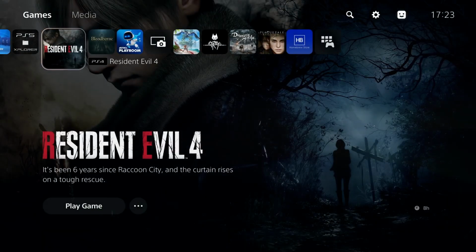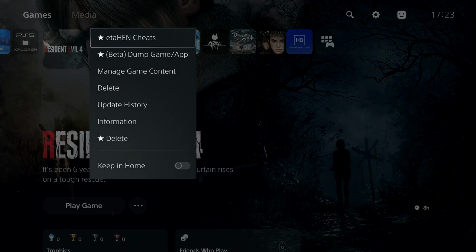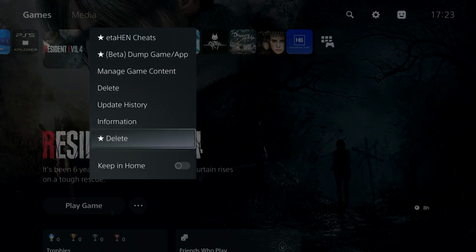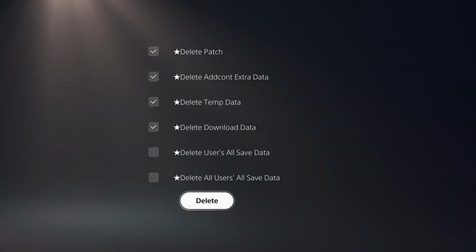So if we head over to a game and press the options button, we have some new options added here, like the debug delete options. If we select this, this allows us to delete just the patch for the installed application for that specific game, or just the additional content or temporary data and download data. So you can specify what part of the game you actually want to delete